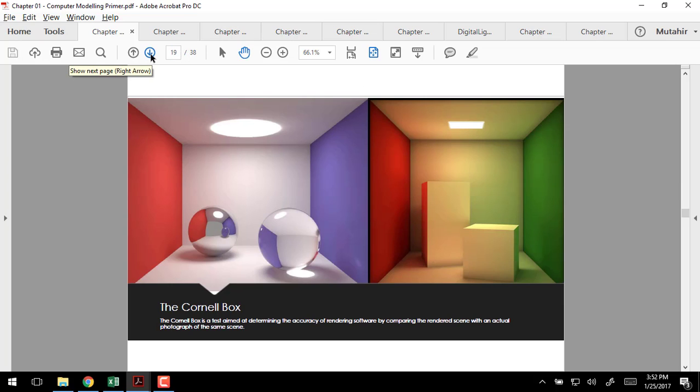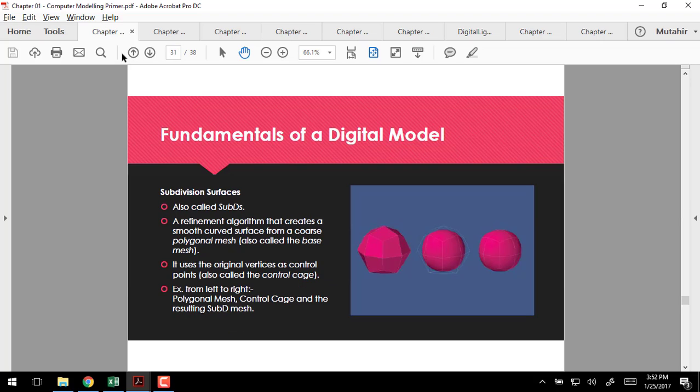Jumping on, understand what you're looking at here. This is the Cornell box. Understand what I'm talking about when I talk about the Cornell box. What else? Let me see. Oh, we already touched on this one,